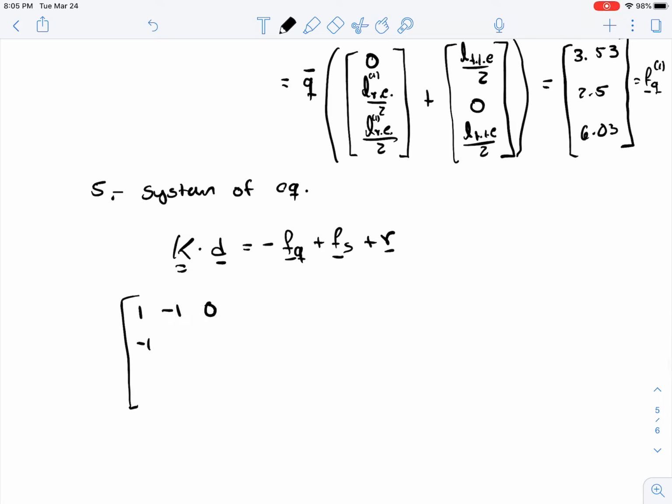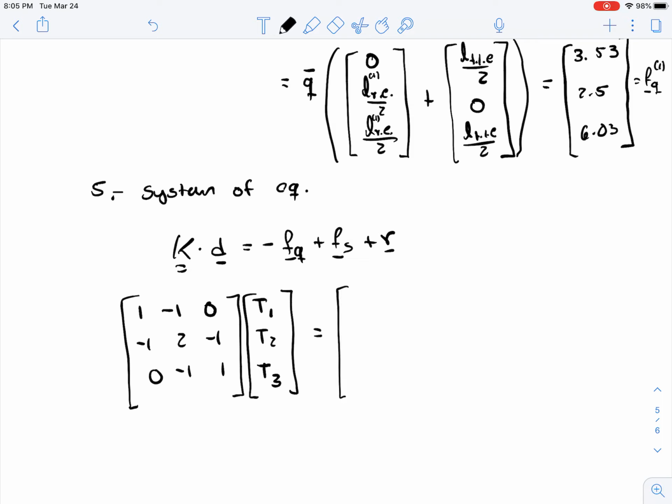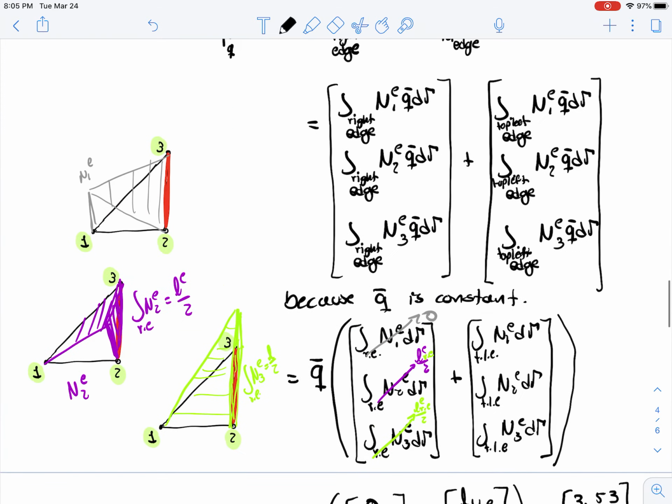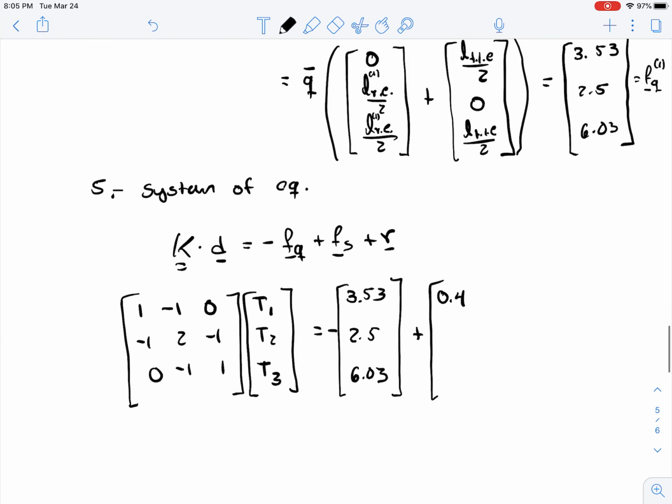This K matrix is 1, minus 1, 0, minus 1, 2, minus 1, 0, minus 1, 1, times the temperature at node 1, temperature at node 2, temperature at node 3, equals minus FQ, so minus 3.53, 2.5, 6.03, plus the source term, which was 0.4166,